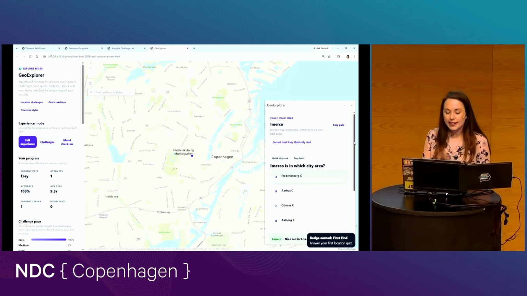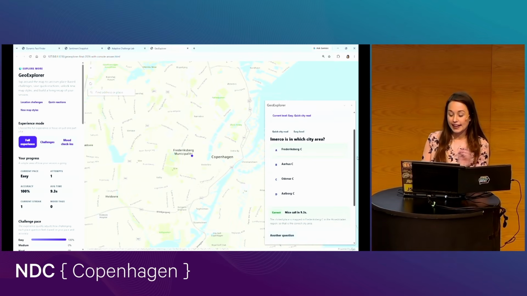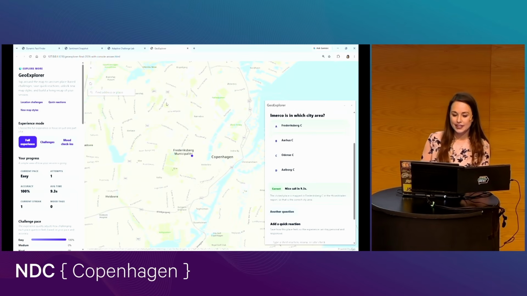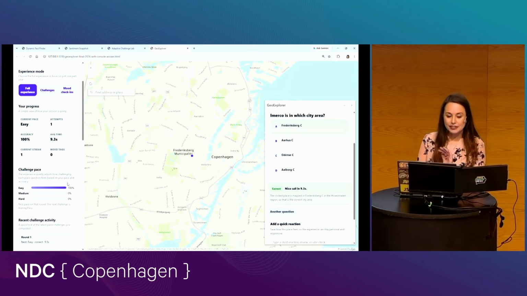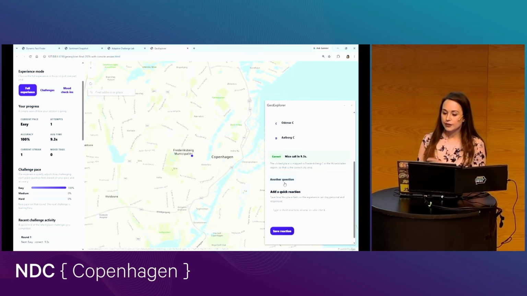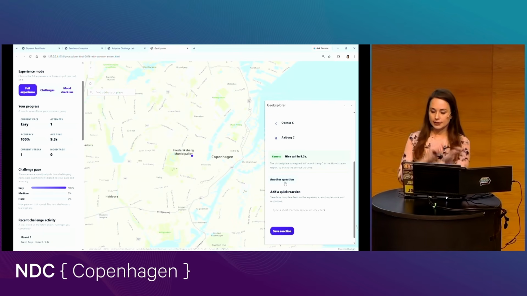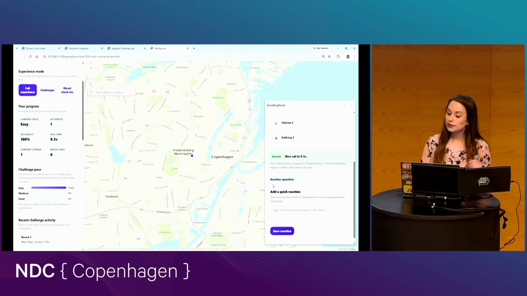All right, so we've got a simple question, right? Again, an easy question. I answered it in 9.3 seconds. So based on that, even though I did get it correct, it still thinks that we should stay at an easy level for the next question. Now what I can do is generate another question about that exact same clicked location, or I could just click somewhere else if I want to do a new location.